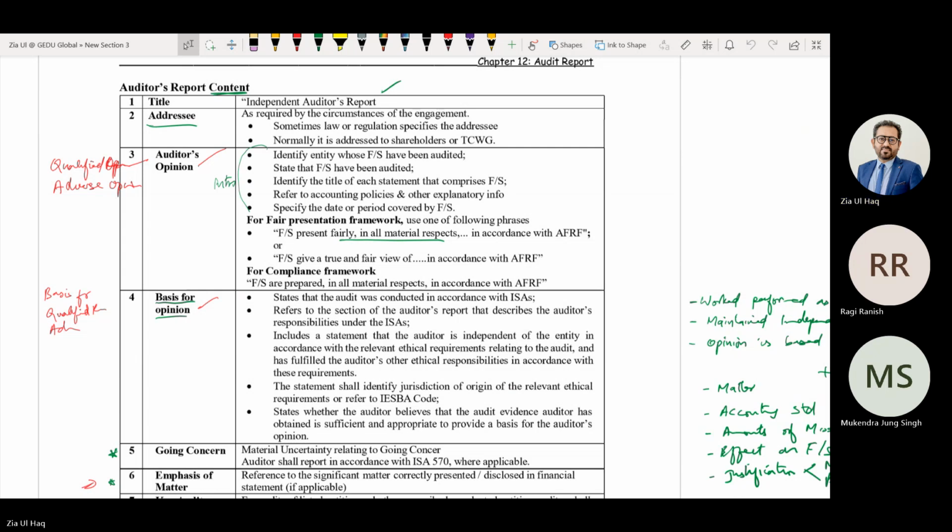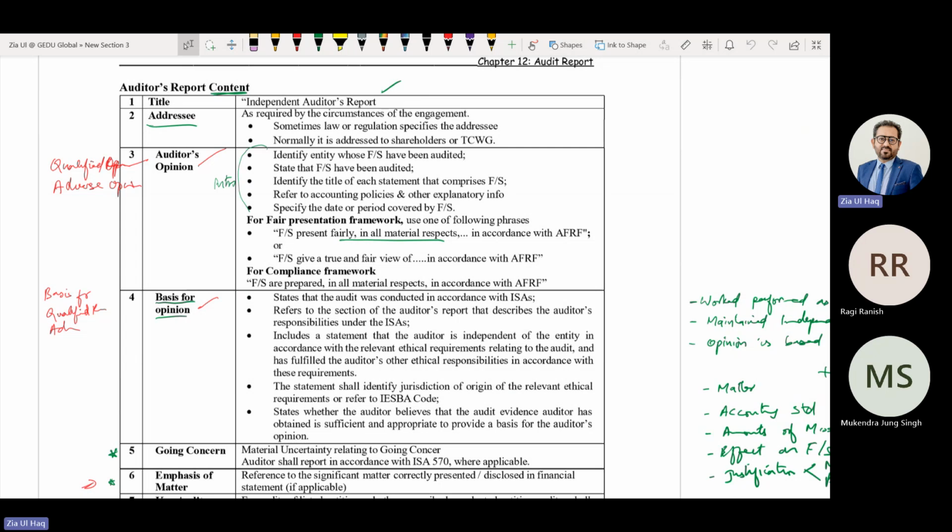basis for opinion. If any matter is important from the shareholder point of view, we will highlight it by using an emphasis of matter paragraph. From an audit point of view, it might be a key matter as well. But if we have highlighted it through an emphasis of matter paragraph, we should not repeat it under CAM. If any matter other than the financial statements was highlighted through an other matter paragraph, it could be that the matter is a key matter from an audit point of view. If we have highlighted it through other matter, we should not repeat it under CAM.